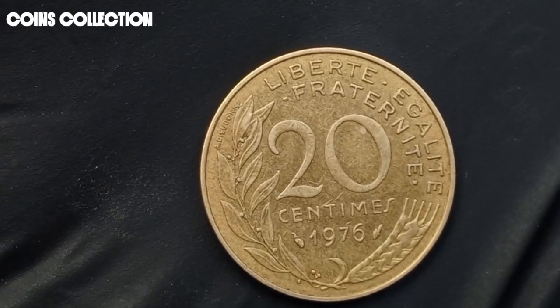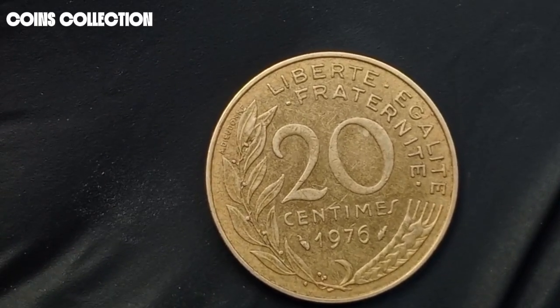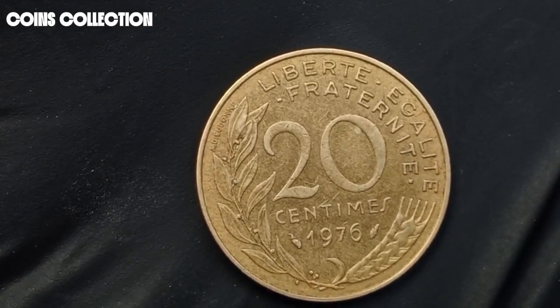Coins like this are emblematic of France's identity, incorporating symbols of Republican values and agricultural prosperity. It remains a popular collectible for numismatists due to